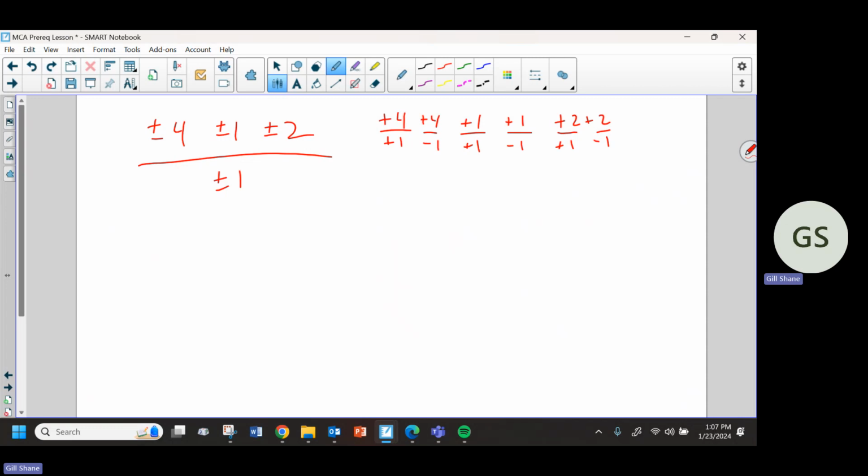This is how we find the possible rational zeros. We just do this and we do this. So that's not the constant. Constant is just. Yes. Well, that's a possible factor. 1 and 4. Like 2 and 2. All right, so the only possible rational zeros for this are positive 4, negative 4, positive 1, negative 1, positive 2,